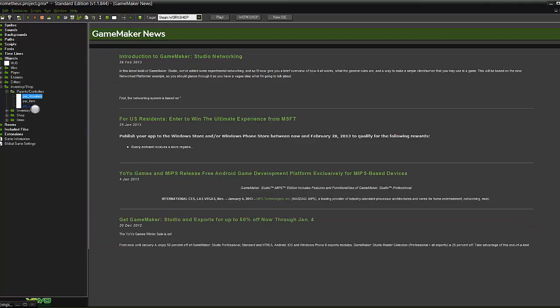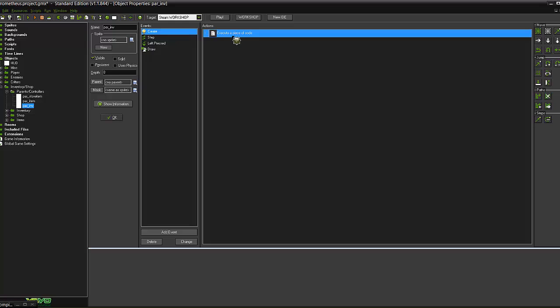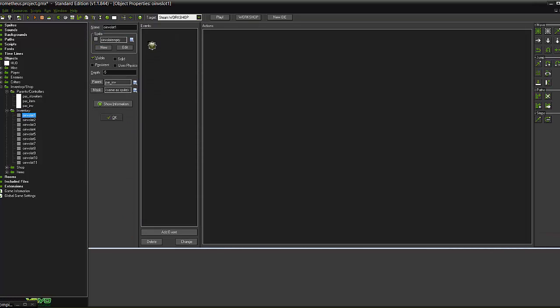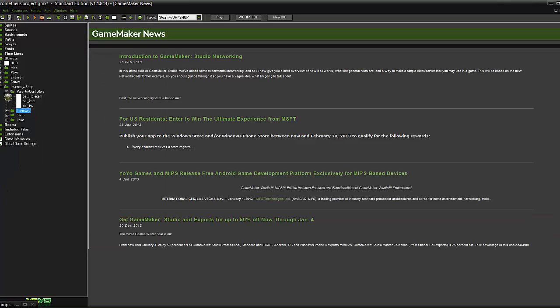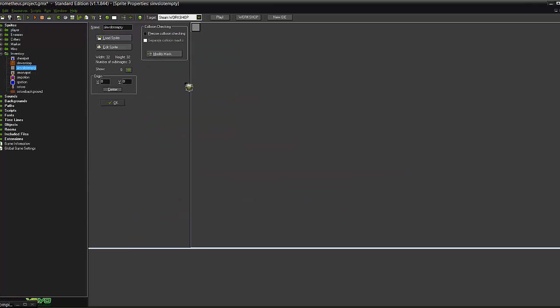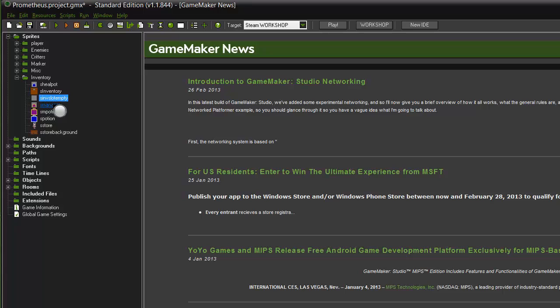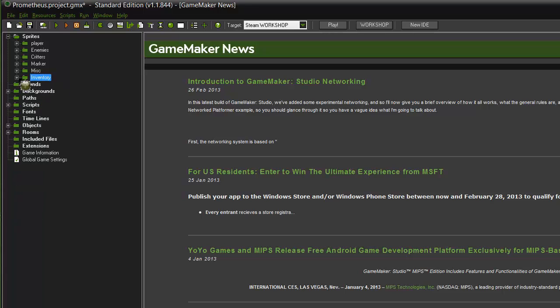But I think the last one's this part here. So this is my inventories. Now the thing I forgot to mention about those is the way that I have them set up. They're sprites. Inventory slot empty. Their sub-images, so 1 and 2, are equal to the items. So if you remember,